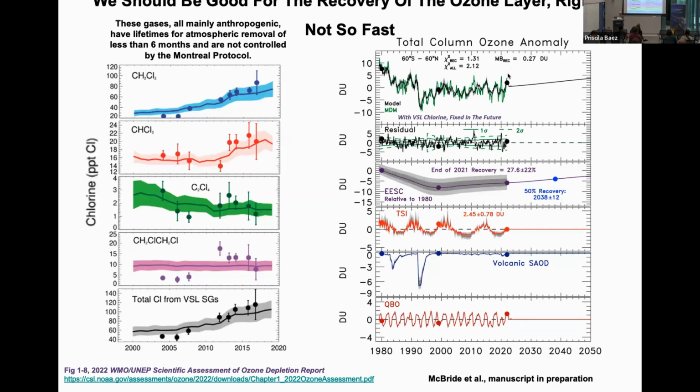If we put very short-lived chlorine in, we do a much better job. We reduce our bias by a factor of 2. We don't remove the bias, we reduce it by a factor of 2. You can see how the graph changes. So the black is our model going down. And what I'm pointing to here is the year in which ozone will be 50% recovered from the depth of the depletion due to stratospheric chlorine. So 2030, I can start thinking about 2030, planning for it.